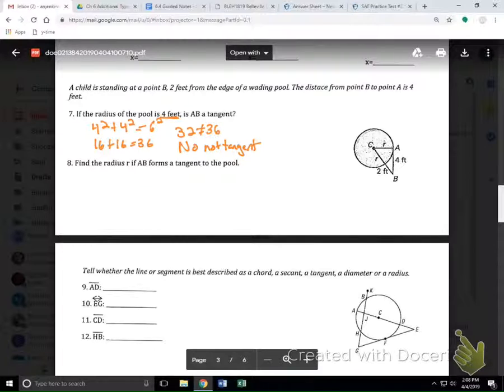Second one. So now you know it's not tangent. You have to find the radius if AB forms a tangent. So if we wanted it to be tangent, we'd have to write that out. We're going to leave it in terms of r. So you have a radius r plus my other leg, which is 4, equals, and then this is the part we did on that problem 2 days ago, where you have part of the radius, and then the part that's outside of there. How do we find the total length? You add them together. So you have r plus 2